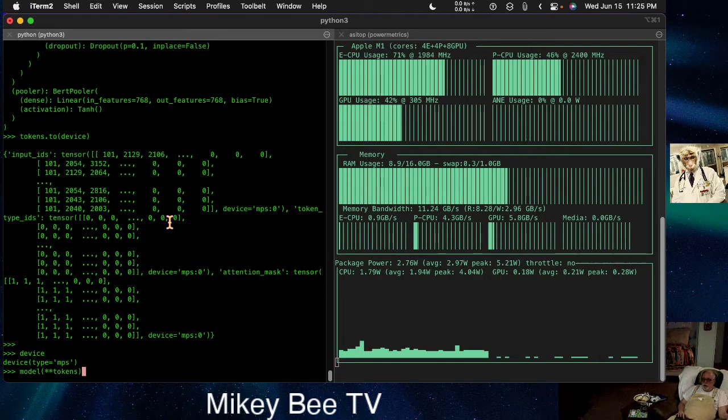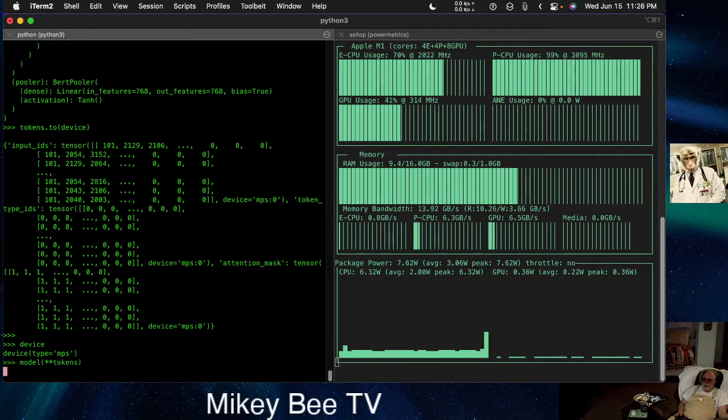All right, and let's take a look over here. We're going to take a look at the E and the P cores on the CPU. We're going to look at the GPU over here, and actually we can watch them up here. One, 2, 3 here, and here's the ANE, the neural engine, and we'll see if that gets used at all. 1, 2,